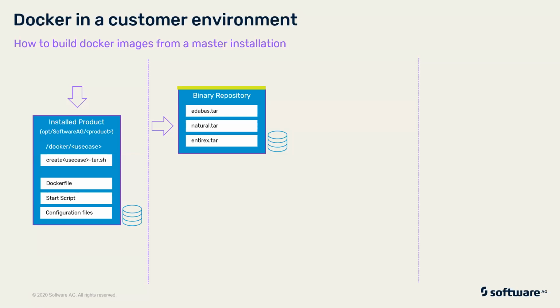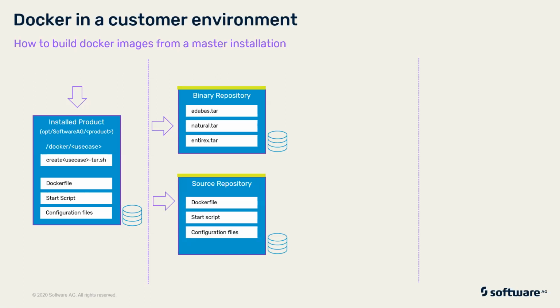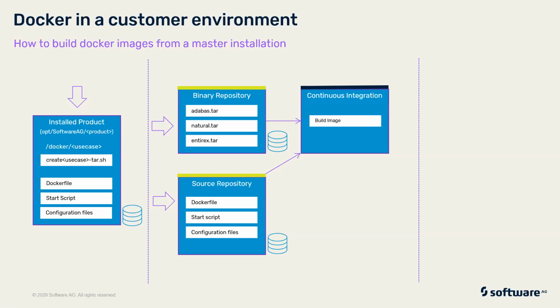This is keeping binary artifactories. And then you can take your textual assets that are describing your build process, a start script, configuration files, and put them in a source repository like Git. And this together can then end up in a continuous integration process, for instance, on Jenkins, that will build your